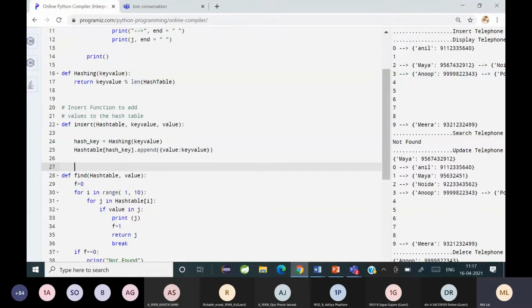So यहाँ पे hash table का length क्या है? 10. 10 है. ठीक है. So key value modulo 10, and what is returned? The hash key is returned and it gets copied in line 24. You can see after calculating the hash function, it's getting copied in hash key. Then what you are doing? Hash key तो अब हो गया. अभी next क्या करना है? ये मतलब index मिल गया, तो क्या करना है अभी next?